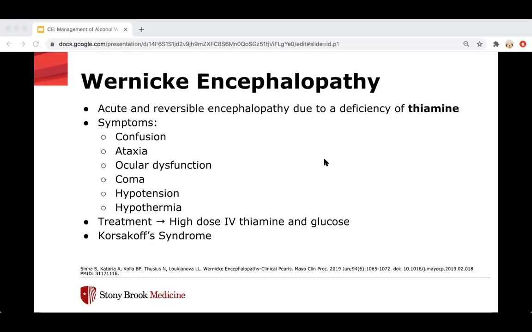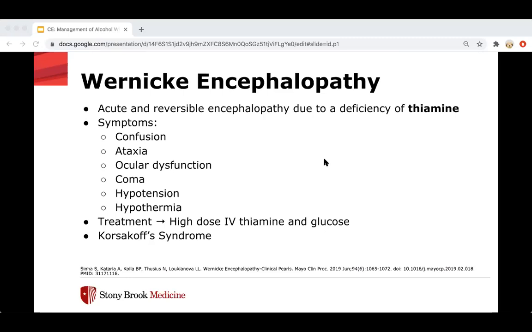It occurs in patients with poor nutrition absorption, intake, or loss, so in alcoholism, but also in patients with anorexia, GI surgery, malignancy, dialysis, and HIV and AIDS. Symptoms of this are confusion, so they'll have profound disorientation, indifference, and inattentiveness. They also will present with ataxia, so their stance and gait will be altered. Usually they'll have a wide-based gait with slow, short-spaced steps. They'll also usually present with polyneuropathy. Ocular dysfunction is also common, so they'll have nystagmus, bilateral rectus palsy, sluggish pupils or anisocoria, which is unequal pupil